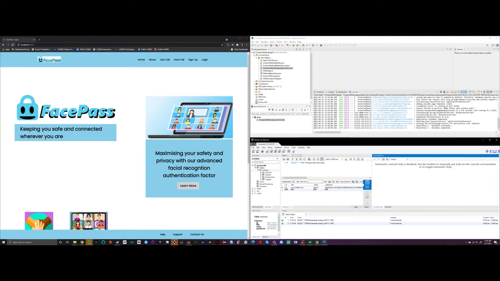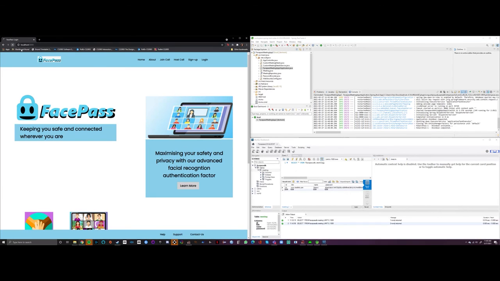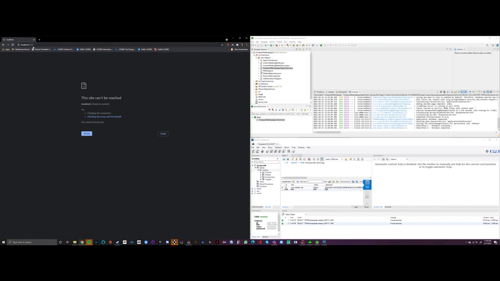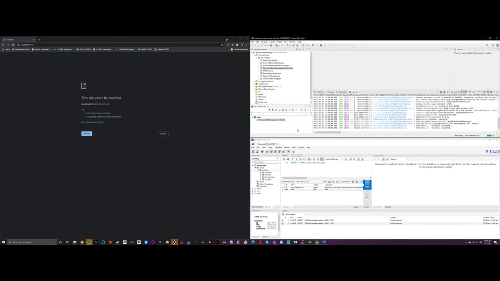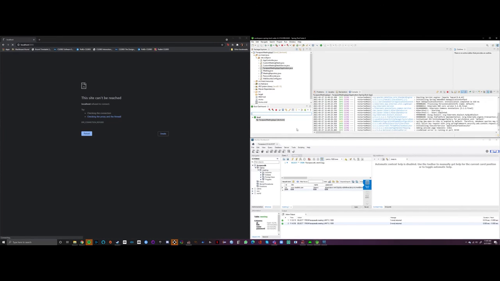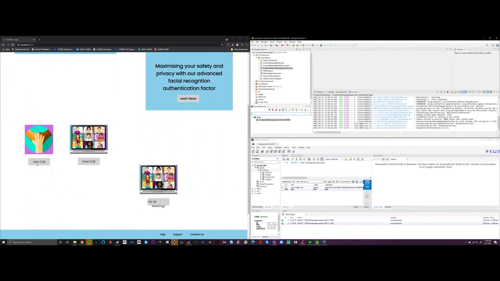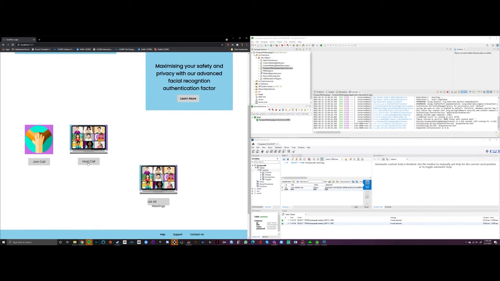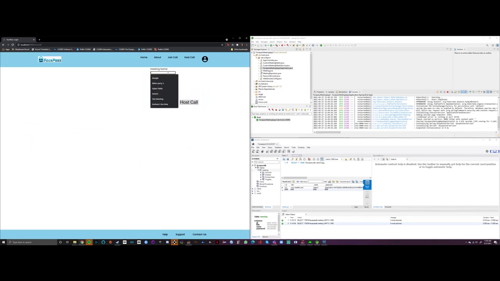This is the demonstration of the meeting functionality of FacePass. So, before the app is launched in Spring Boot, you will get nothing on the page. Once the application is launched, you will be able to host a call with password,